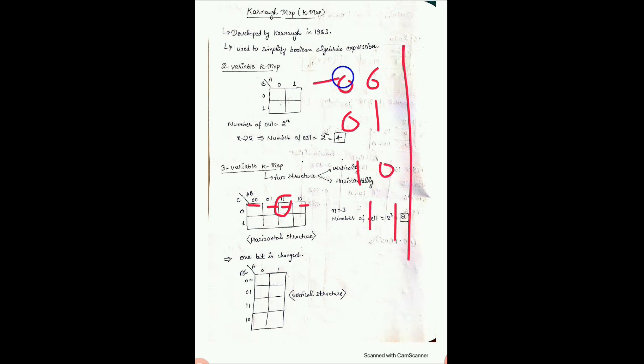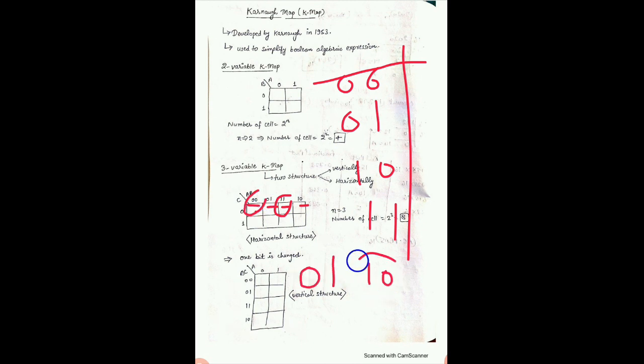In the vertical structure we have to draw in this fashion. Now there is a notice that in the K map we can use here 0 0, 0 1, then 1 1, then 1 0. This 1 1 actually comes last in the standard configuration, but we can put it second last. Actually we can read it as 0 0, 0 1, 1 0 and 1 1. This is the standard configuration, but in the K map we use 0 0, 0 1, then after 0 1 we use 1 1, then 1 0.